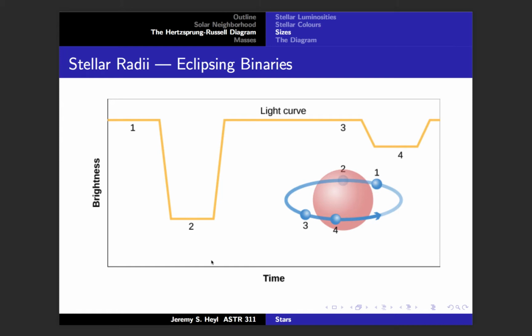So that's a basic thing we can measure about stars. We can measure their color. We can measure how bright they are. We can also make a table of what the spectral lines are that appear, and that covers the spectral types. Now, if a star is in a binary, occasionally, if everything is oriented correctly, one star can go